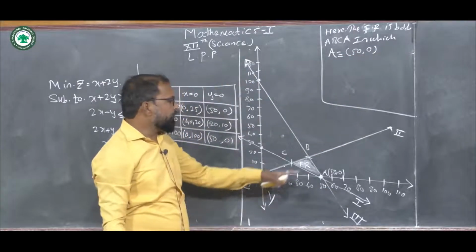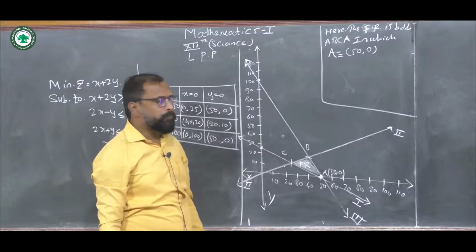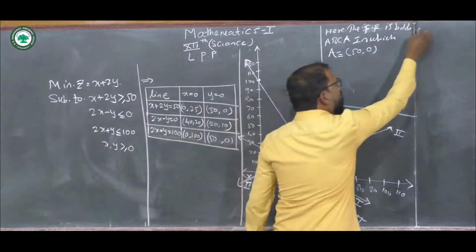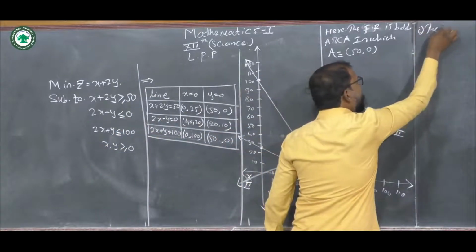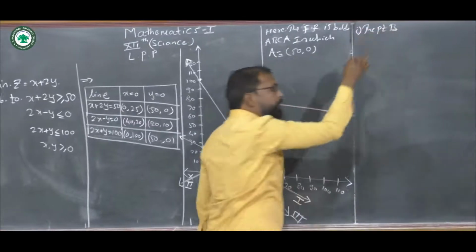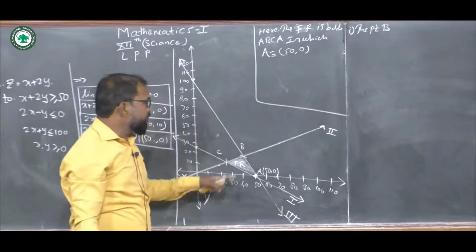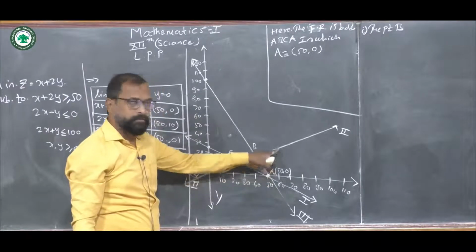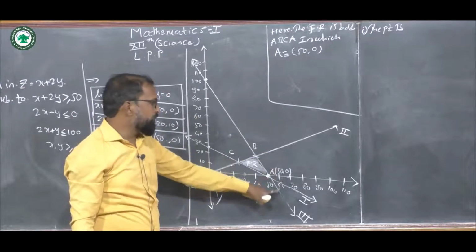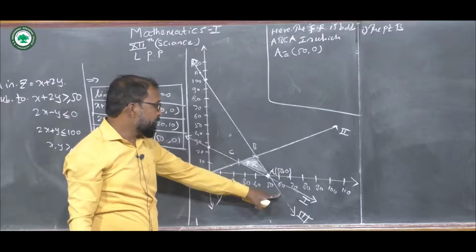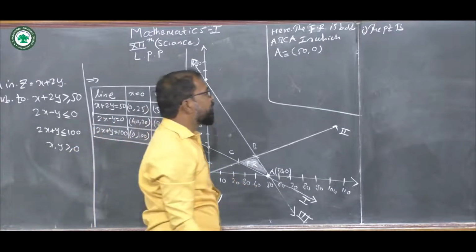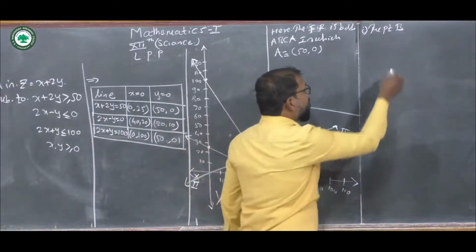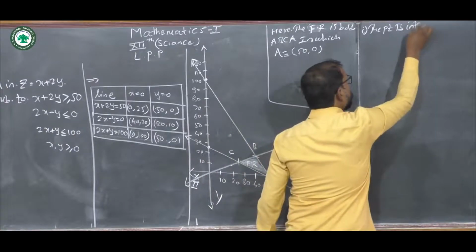Now we find the remaining 2 points, and for that, let's say number 1, the point B. Now observe here, this point B is the intersection of second and third line. So we write here, the point B is the intersection of